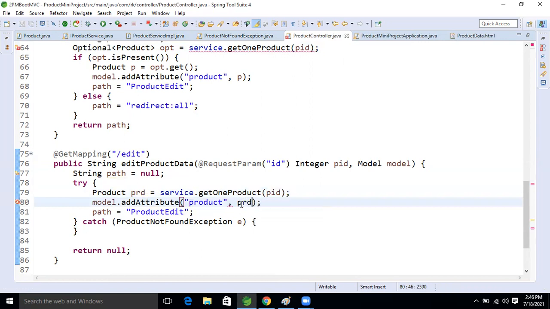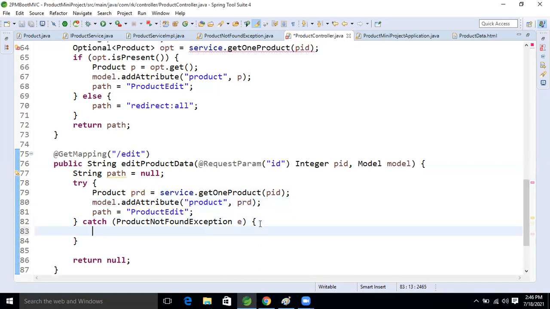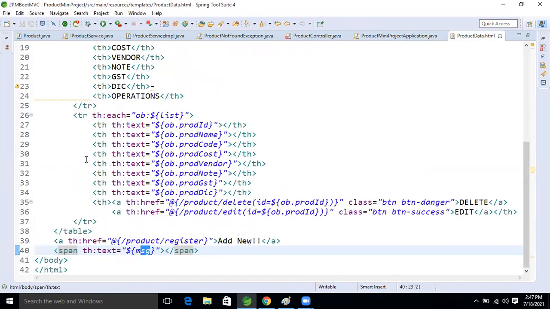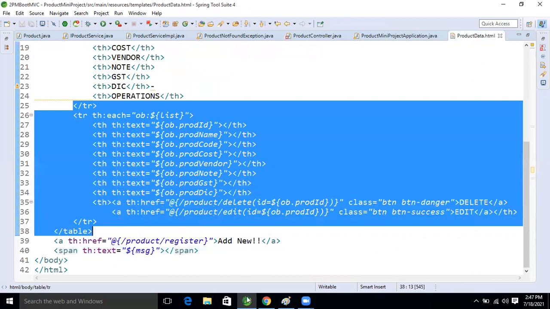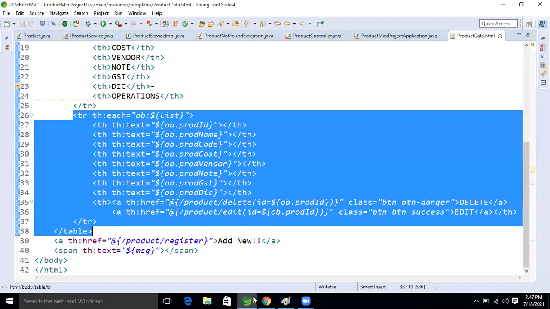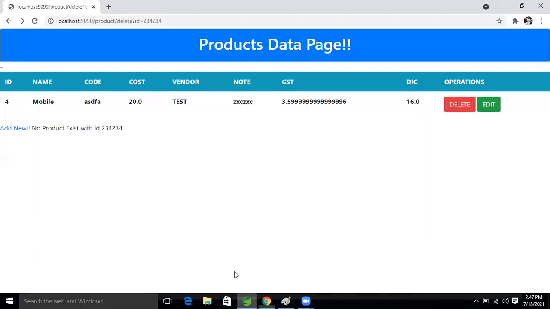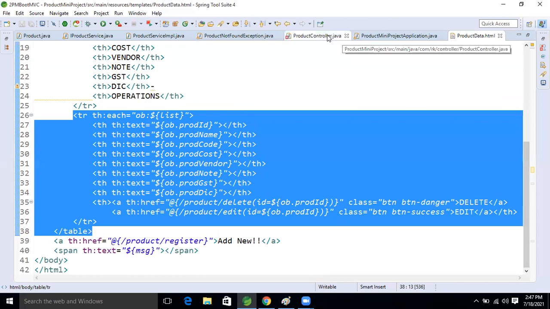Good. So now, next, what will we do? Come here. Inside that, again we will take a list of products, because we are redirecting to this page. See this all page, right? All means all data. This page we are returning, but this page's expectation is a list of data, right? So come to the Eclipse IDE now.